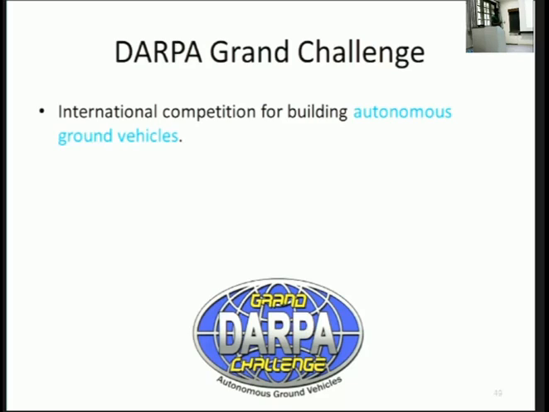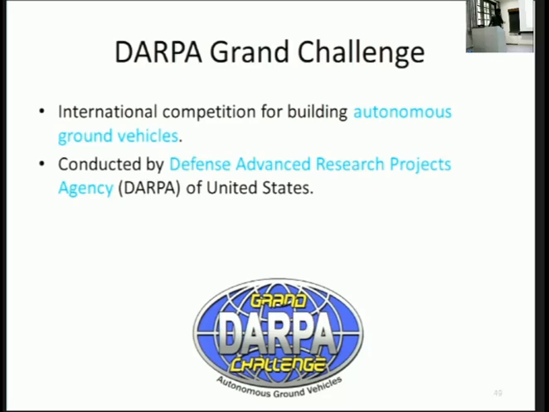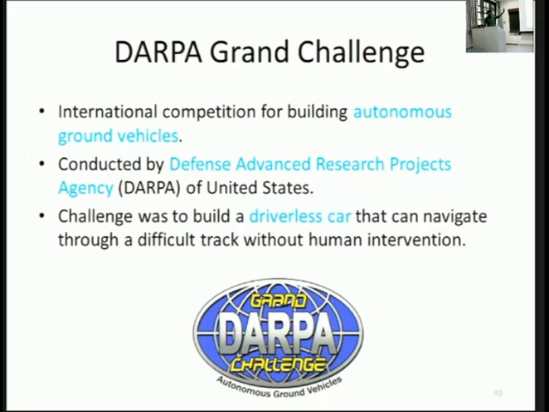So the DARPA Grand Challenge was a grand challenge by the Defense Advanced Research Projects Agency of the US. They said that people have to make a car and make it run from morning till evening through a long distance. Whoever gets here first wins. Okay, so it's a fully automated car with no one touching it. A lot of sensors. You can use GPS, whatever you want, and you want the car to reach the end point. It's a funny video. You guys should go to YouTube and check. Another assignment after Moneyball. Right. So the challenge is to make a driverless car without any human intervention.